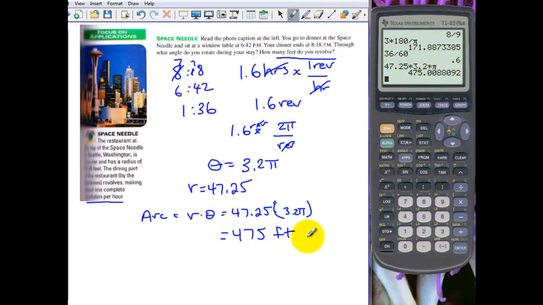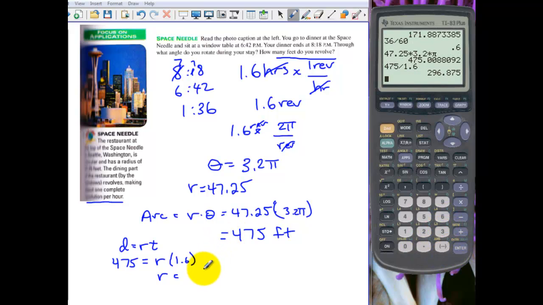You might be interested in how fast we're traveling. So we can use our DIRT formula: distance equals rate times time. Rate is our speed. In our case, we know we traveled 475 feet, and we're trying to find our rate, and it took us 1.6 hours. So our rate, if we divide, is 475 divided by 1.6, which, let's round it, is 297